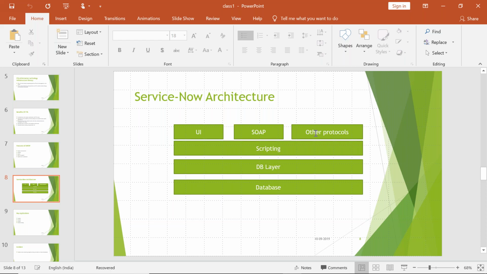So if ServiceNow wants to talk to any other external application of the organization, how will it be done? It will be done through integration. So I'm listing these two just to let you understand that whenever it is the third party, these two will be used by the third party, the people who are not members of ServiceNow but an external tool.